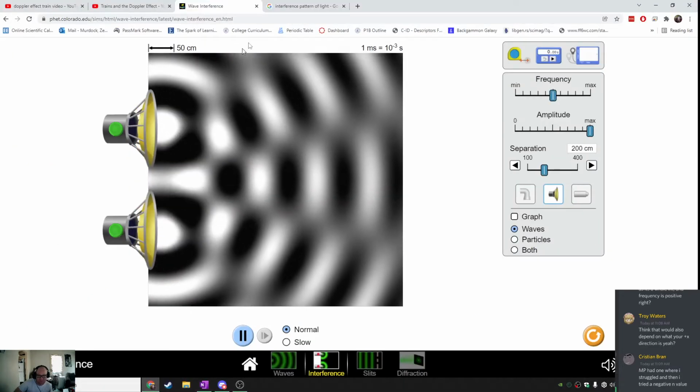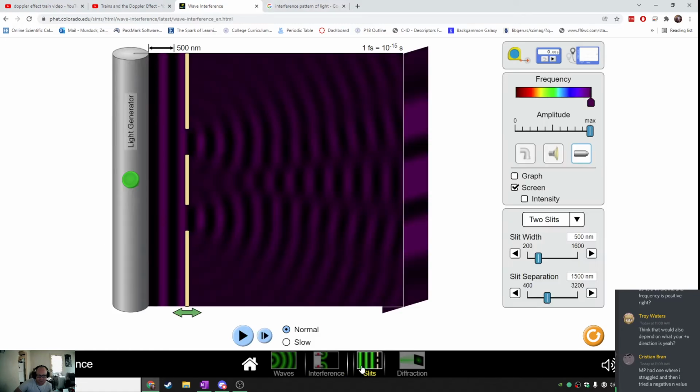to you, right? Where we were looking at this, and I asked you, what would this look like if we had particles? And you all agreed that if it was particles, you get these two bright spots here. And that's true. If we shot baseballs on this side through some barriers, let's say we had a pitching machine over here, and the pitching machine was shooting out baseballs, well, that pitching machine would produce two spots of baseballs over here, basically. Well, eventually someone decided to do the experiment with things that they almost were certain were